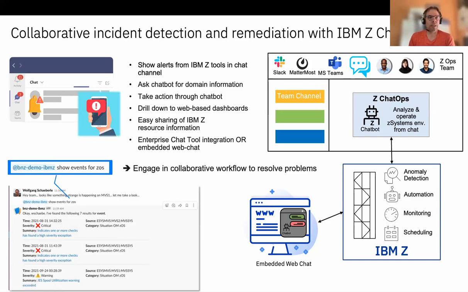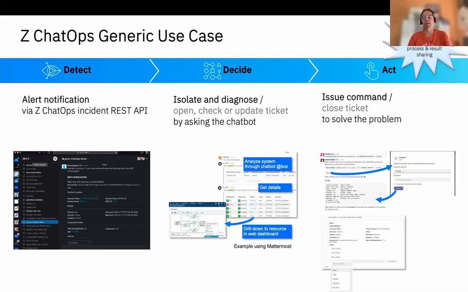All right. So at a high level, Z ChatOps allows, of course, also to provide a kind of workflow through the tools and coordinate the work between people and tools, right? For example, the workflow could begin with an alert notification that is sent to Z ChatOps. For example, an OmegaMon situation event that shows up in the chat channel. People then start to work together to discuss the incident,